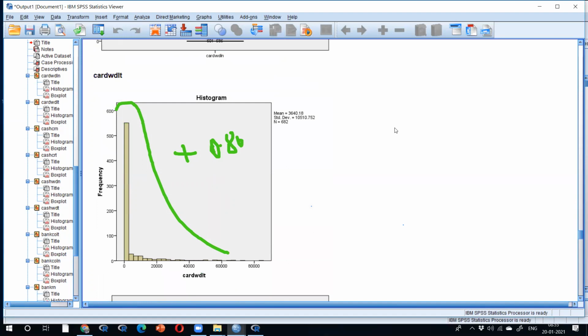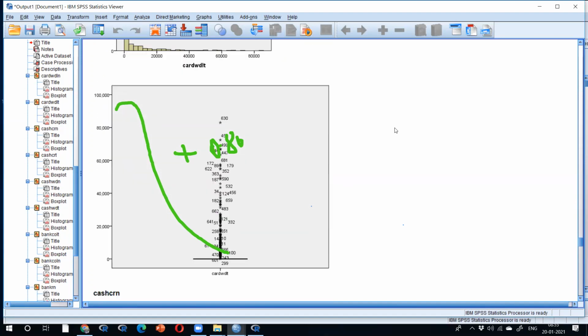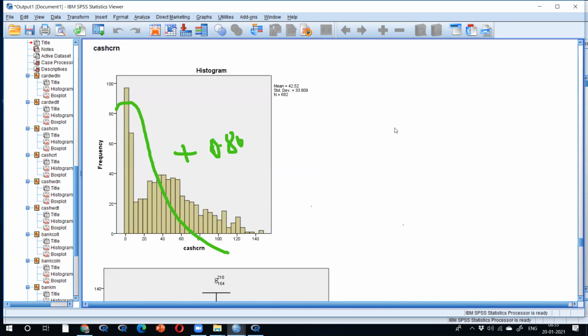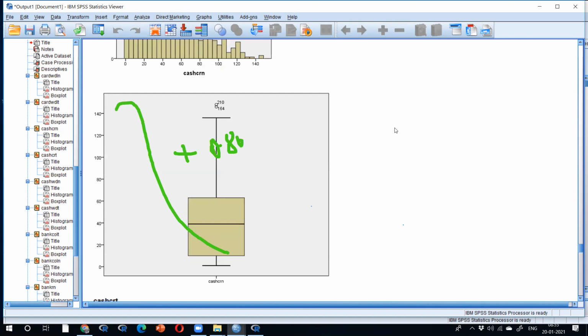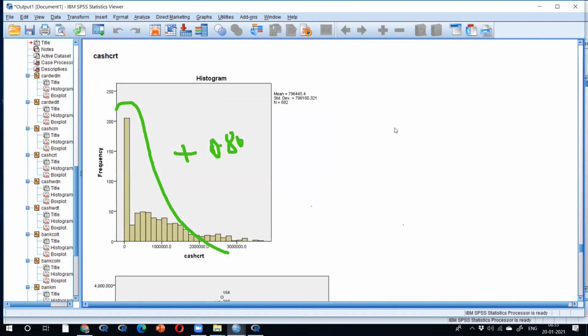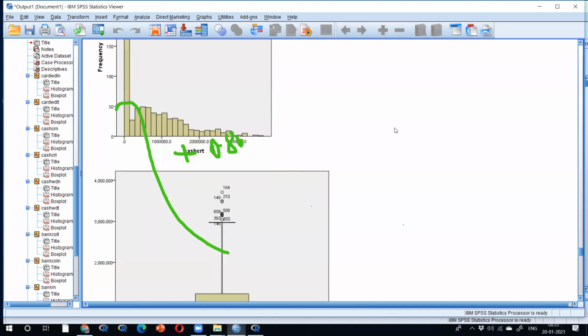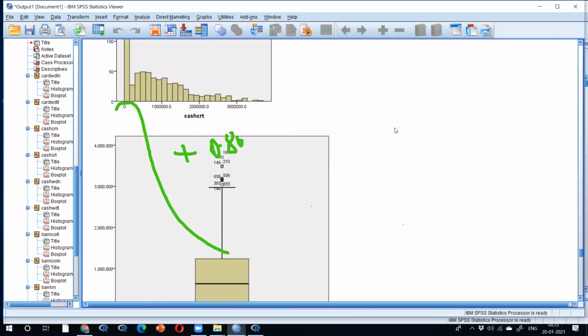Second data also exceeded. That's why outliers. Third data is close. That's why no outliers. Fourth data, you can't determine exactly. This picture is not giving clarity. Then what to do? Go with skewness. But the box plot is saying some outliers.